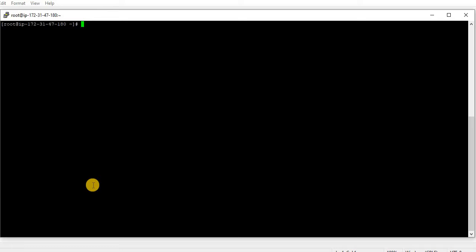First let us see with the ID. Very first, we have to decide what our user is and what our group is. Let's say our user is testuser, our group is testgroup. Now first I have to create the group: groupadd -g, and you have to give an ID here, let's say 1200.